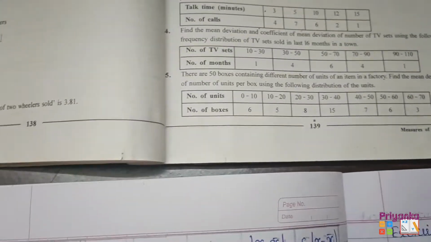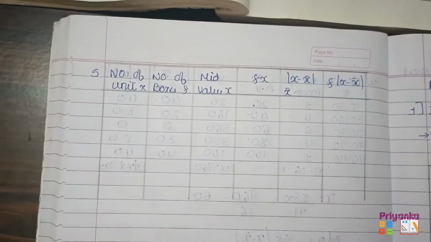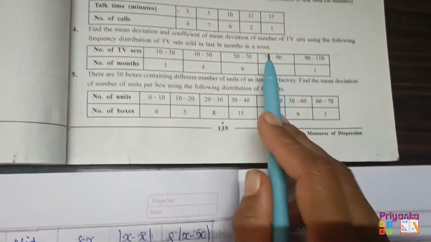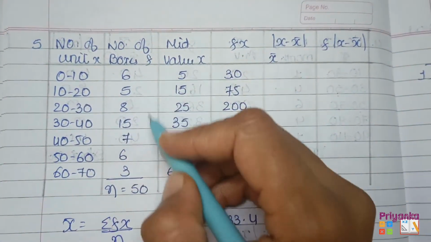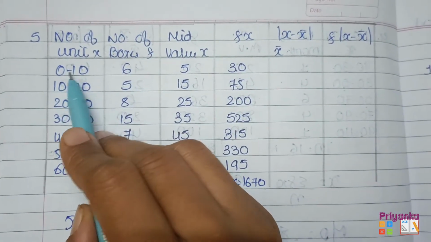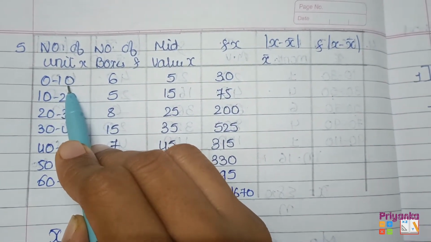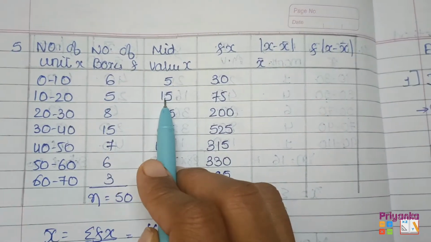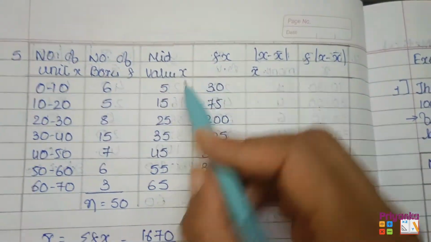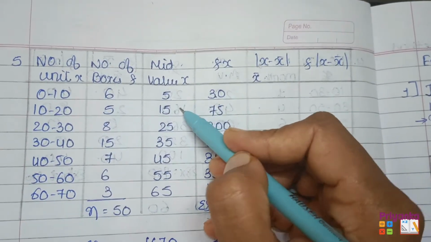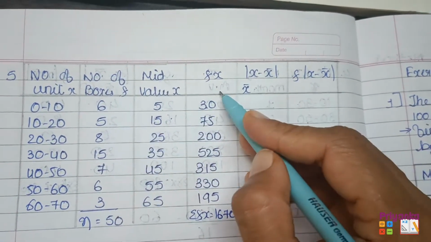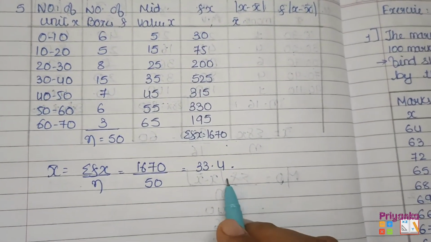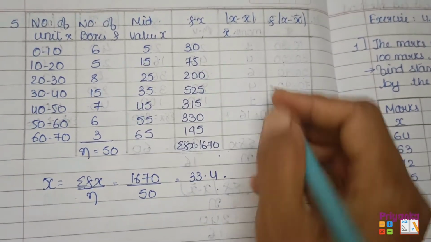Now out of this information, first let's take all the information in the table, and again you can see this is a continuous frequency distribution, same as your question number 4. Here I took all the information from the textbook, then I found the mean value. Remember mean value, 0 plus 10 divided by 2, that is 10 divided by 2, obviously the answer will be 5. The next, 10 plus 20, 30 divided by 2 will be 15. Then after, this is how you just find out the mean value, that would be our x और frequency को multiply करके we'll get fx, and the total of this where I took to find out the mean. The answer is in decimal, मतलब point में आंसर आया 33.4.